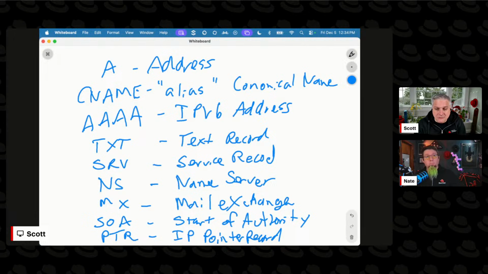Right. And that has information in it like the serial numbers that we were talking about earlier and the cache timeouts. But it also has things like the domain name that you are authoritative for. If we switch to mine, I can show it in my zone file here.